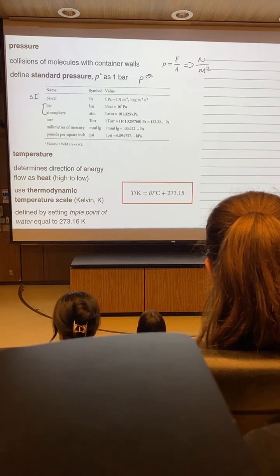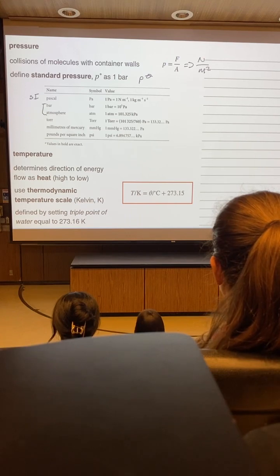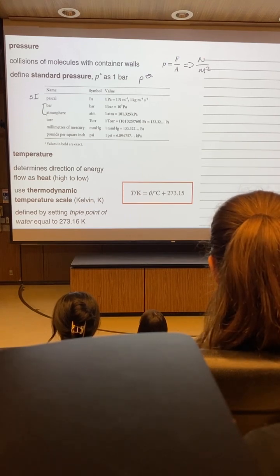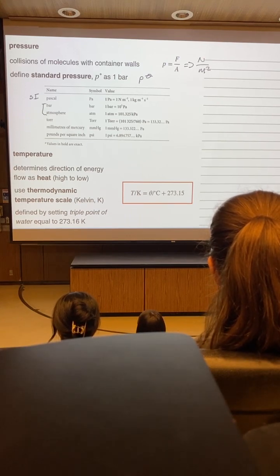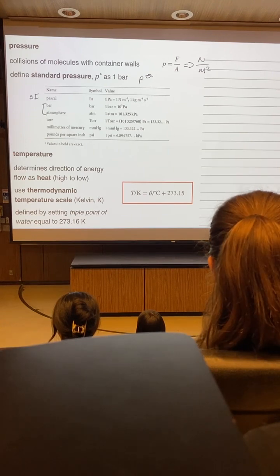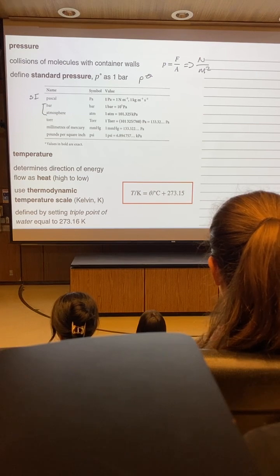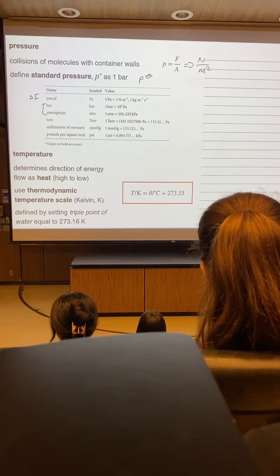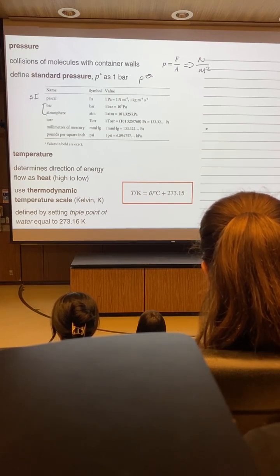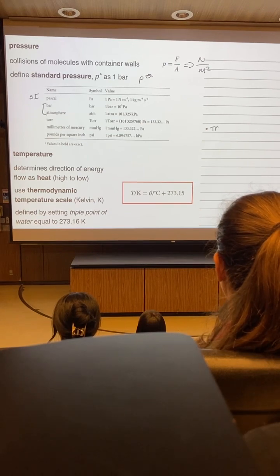When we're discussing temperatures, we're going to use this thermodynamic temperature scale. As I mentioned, this is going to use units of Kelvin. And Kelvin is defined by setting what's known as the triple point of water equal to some apparently arbitrary number of 273.16 Kelvin. Again, we'll probably hear a little bit more about triple points later, but the triple point of a substance